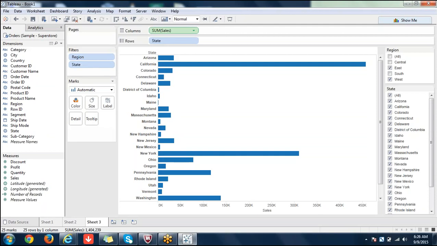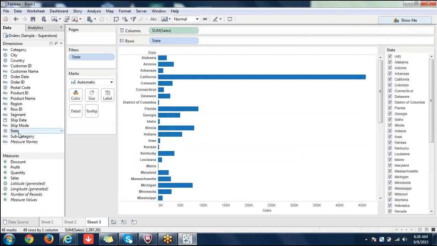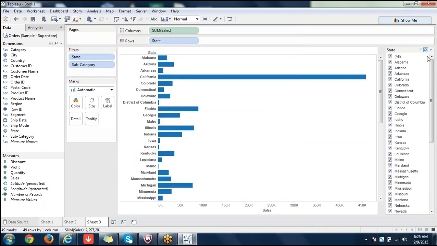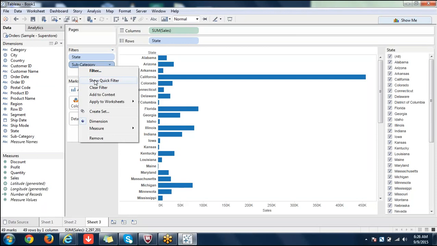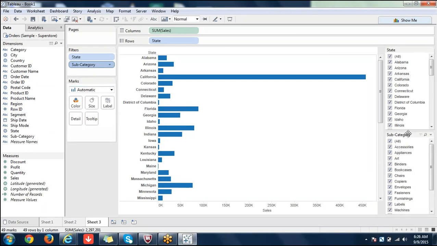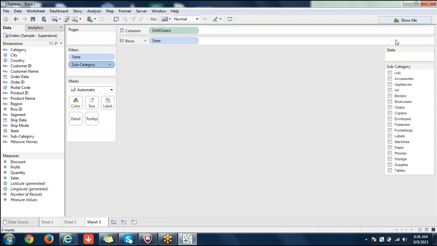If you are seeing filters like region and state, that's fine, but if I remove region here and pull in subcategory, I'm using all values. That means these two fields don't have a direct relationship, right? I'm removing this to make sense. See that state is going, that's fine, and now also it's going, that's fine. Both are acting independently.